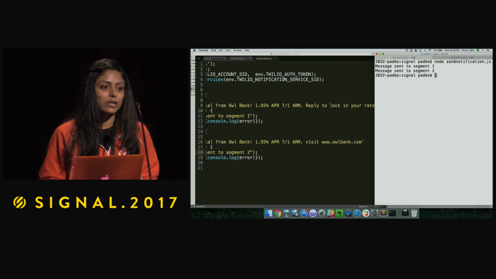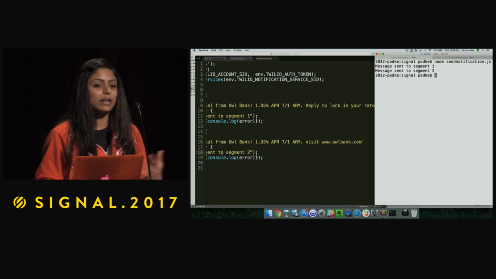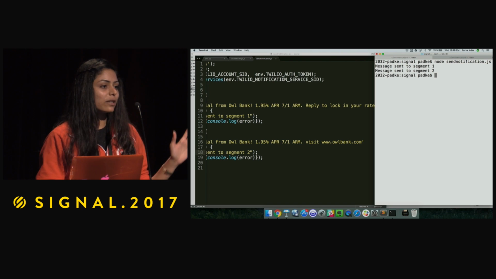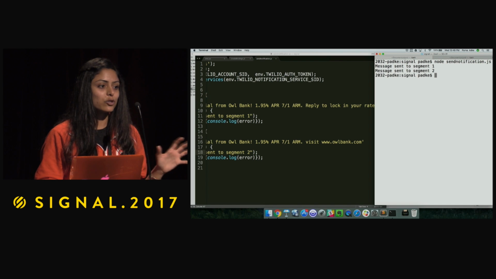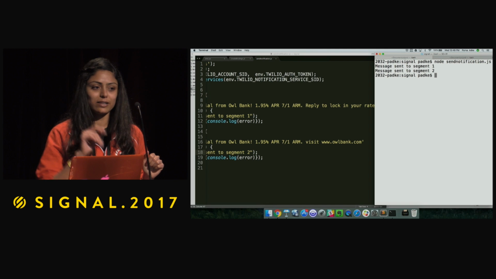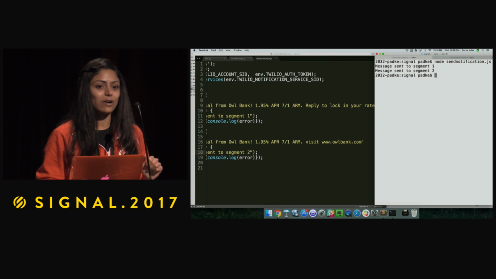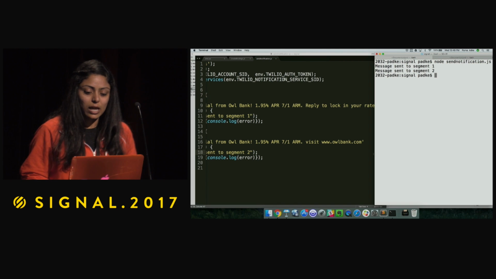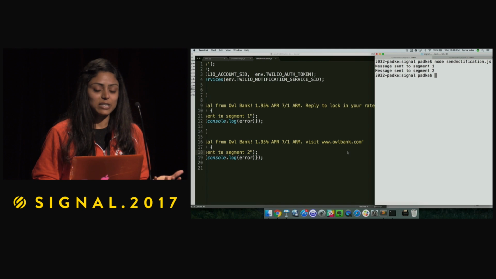Now, that's the real crux of the message, right? We are able to achieve segmentation along with sending messages at scale. How many of you actually received the message saying reply back? Those of you who chose 1. Okay, there you go. People are getting the messages. Awesome. So that's how easy it is to integrate segmentation within your outbound text messages.